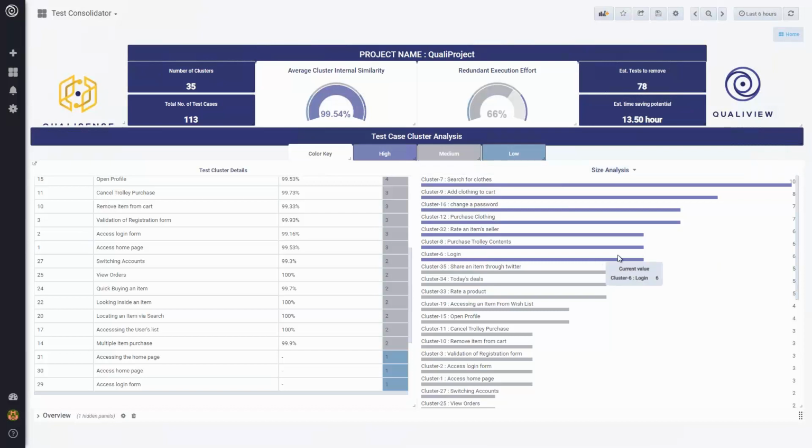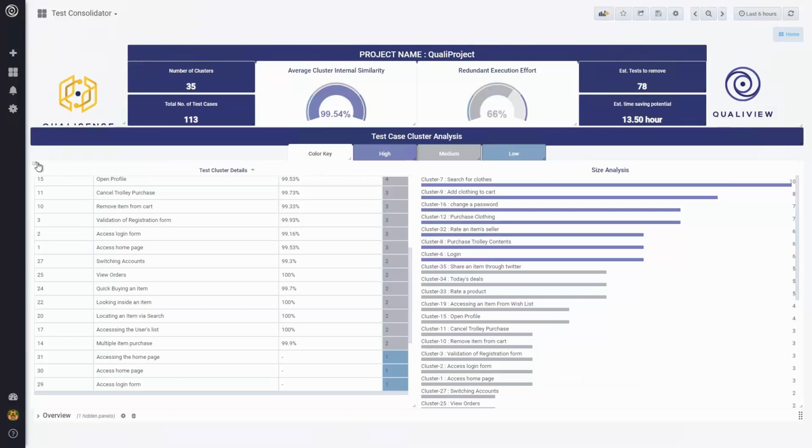But it also gives us another useful perspective. If we consider the clusters in order of rank, I can see that, for instance, 10 of my test cases focus on searching for clothes, 5 of them focus on sharing items on social media, but only 3 of them focus on removing from cart and another 3 on cancelling trolley purchases. We can also consider, relatively speaking, is this really where we want to spend our time? When you think about revenue streams and what my application landscape is, do I really want to say I'm spending all of my time searching for clothes and I'm never actually spending it in the shopping cart? Maybe not. But that's a question for test hygiene and where we focus.